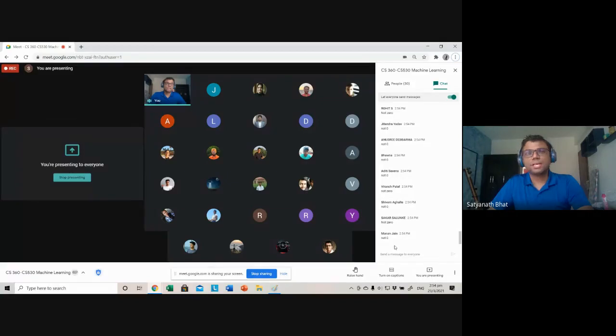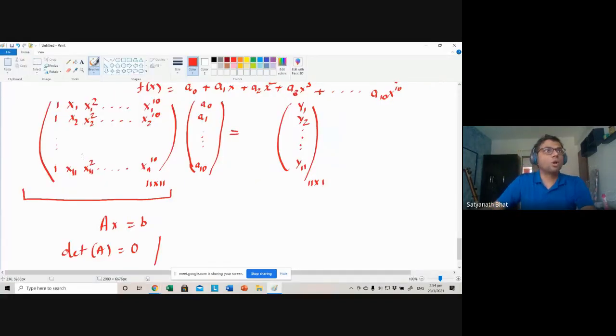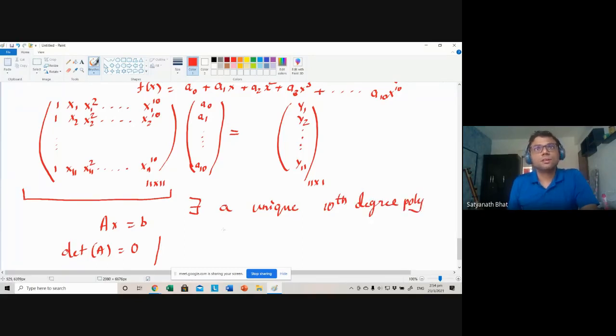That is okay, because you know x1, x2 all are different points, and they are not linearly dependent. So it's an easy thing. If you think for some time, you will get it. Essentially, what it is saying is there is a unique solution. So there exists a unique 10th degree polynomial to fit your xi, yi, i equal to 1 to 11. This insight you only get from going to linear algebra. Nitish, do you understand the benefit of this method?